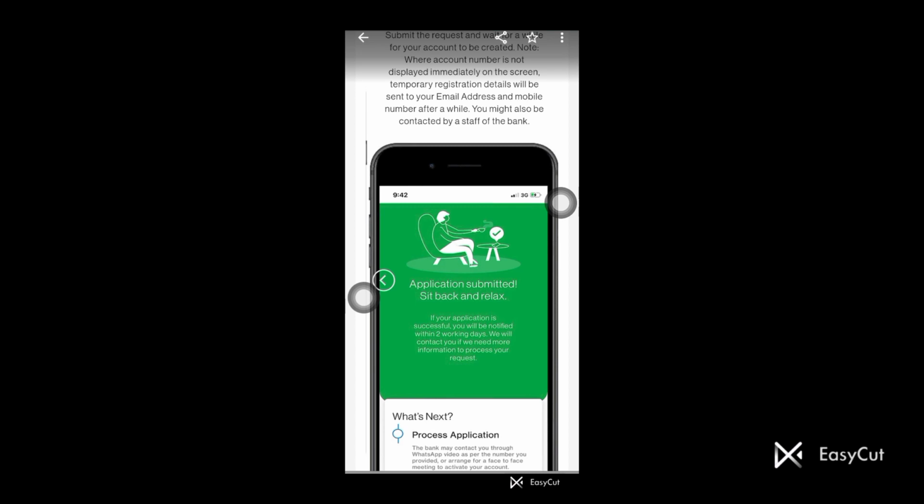You can see application submitted, sit back and relax. If your application is successful, you will be notified within 2 working days. We will contact you if we need more information to process your request. So they are saying that they will contact you if they need more information. For me, they contacted me through WhatsApp and I was able to verify my account and everything was successful. So I don't know about yours. Maybe your own too, they may also